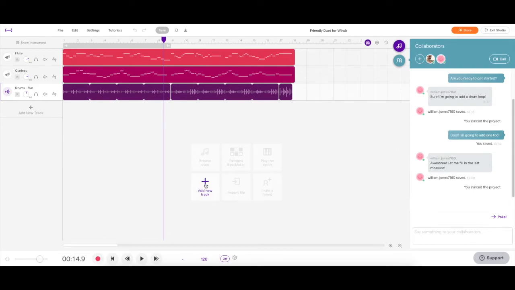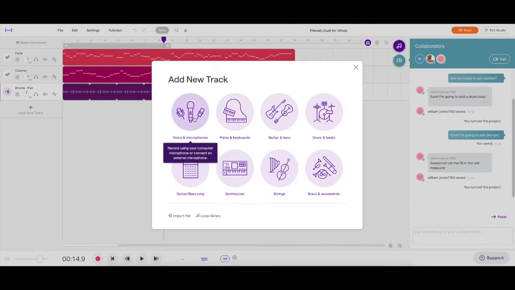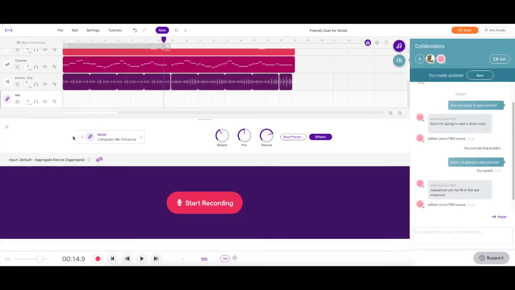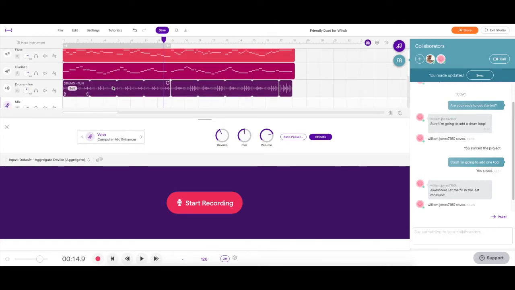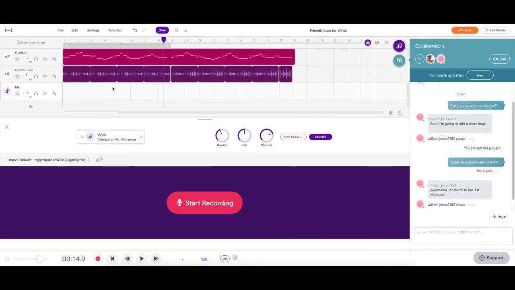So to do this, they're going to add a track, a voice or microphone, then they'll have a mic that they'll use. Now the thing that's important with this when they record is that they use headphones. So as they're using headphones, they'll be able to hear the music, but the microphone is not going to pick up the output from the computer. So they put their headphones on, and then take what we call the playhead, which is this little arrow at the beginning,